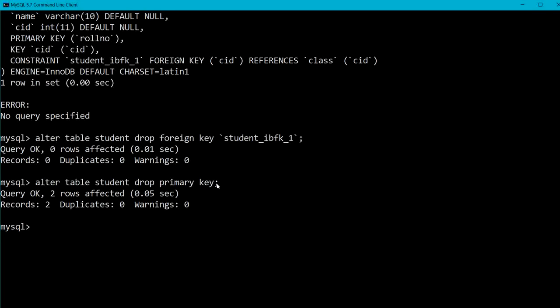For that purpose, what I am going to do: alter table student add foreign key CID references class CID, and here referential action on delete cascade.